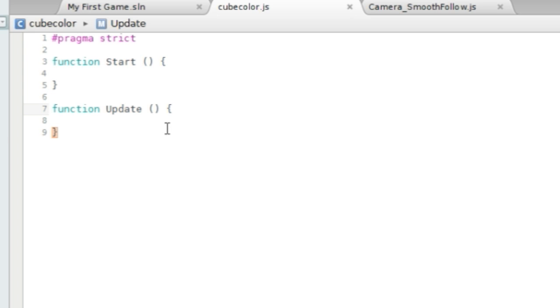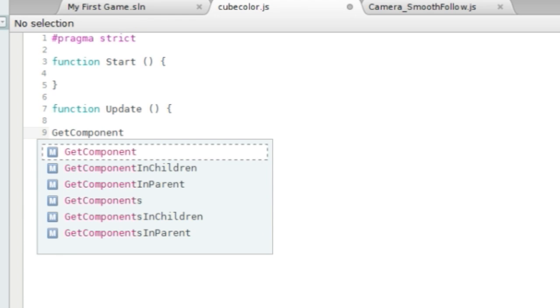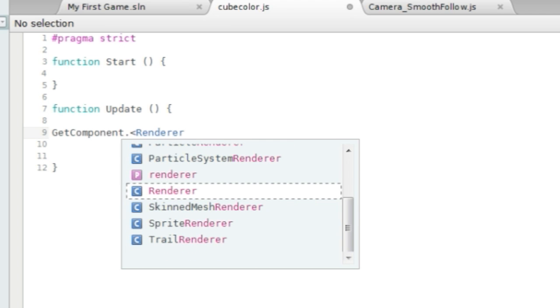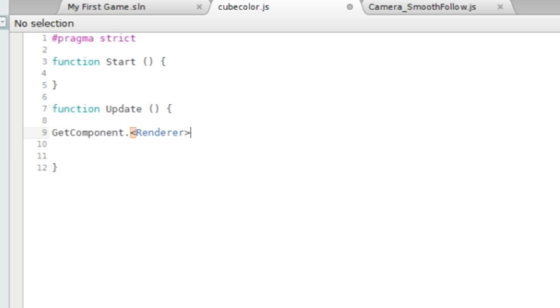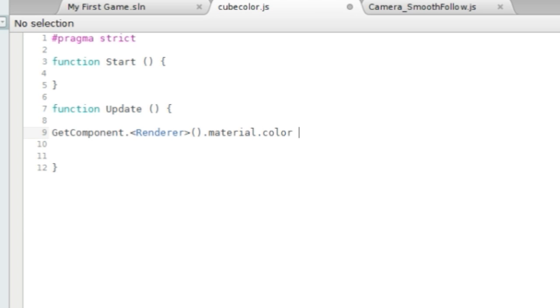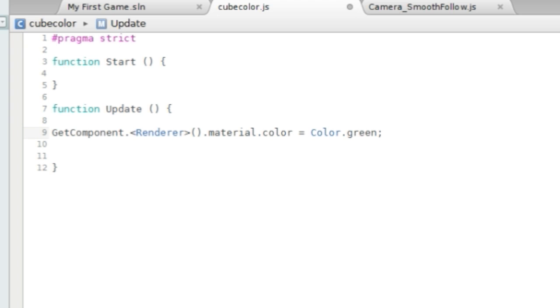And so I'm just going to push enter a couple times to give us some room. And I'm going to type GetComponent, less than Renderer, greater than, open parentheses, close parentheses, dot material dot color equals Color dot green, semicolon. Okay, and that's a lot of code for just getting a color,